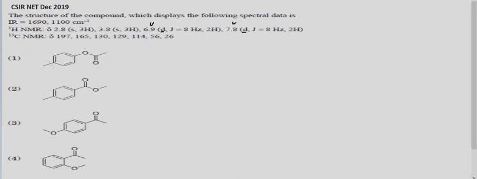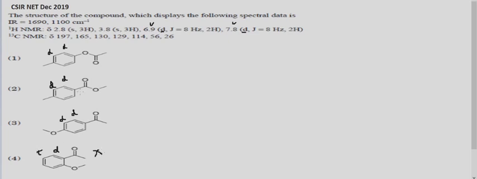This is a clear indication that we will try to mark the nature of splitting pattern of all the aromatic protons. In this case, this is going to be a doublet and a doublet. Again, this proton is going to be a doublet. I hope the remaining protons are equivalent. Again, this proton is going to be a doublet and a doublet, whereas this proton is going to be a doublet and this proton is going to be a triplet. So this structure is not matching, so it can be ruled out. This structure cannot be the right answer.